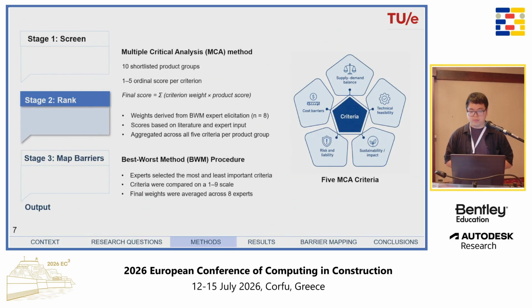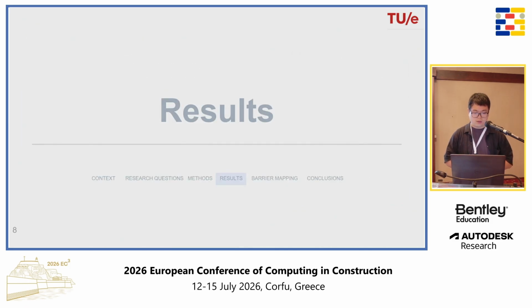And for the ranking part, we mainly use 2 methods. Firstly is the multi-criteria analysis. So we have these 5 criteria, including cost barriers, supply-demand balance, technical feasibility, risk and liability, and sustainability impacts. And also we have some expert interviews. We use the best worst method to get the weights to help us get a procedure for this study. And I will move to stage 3